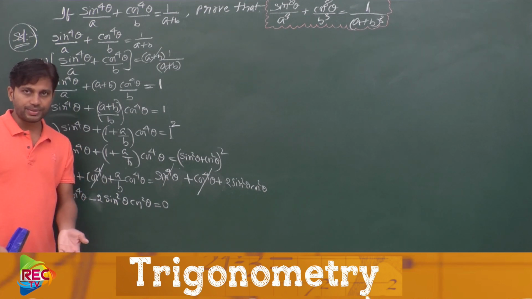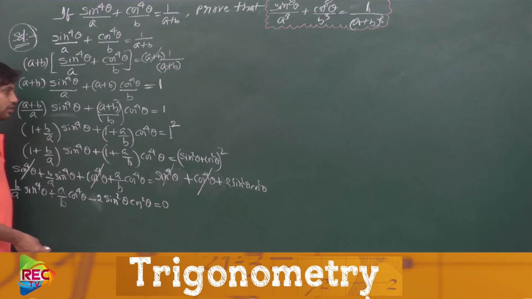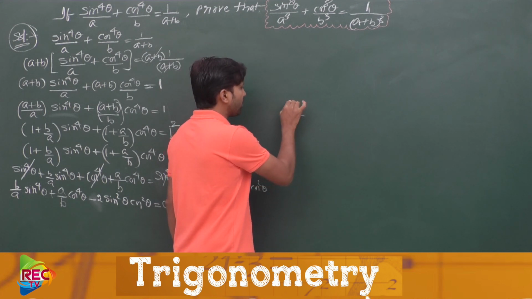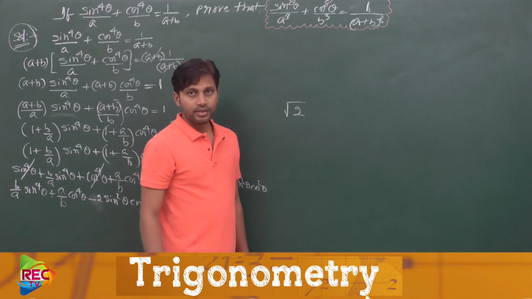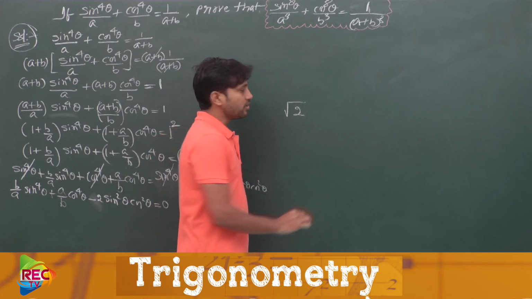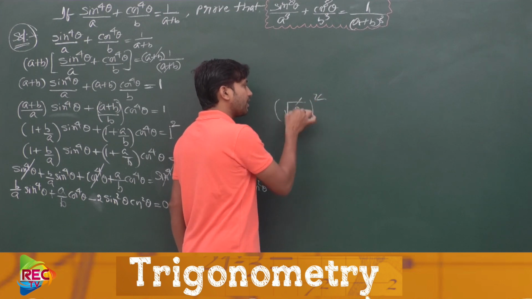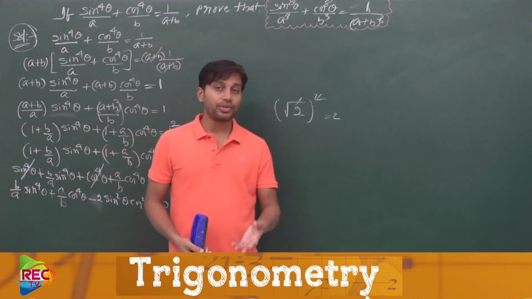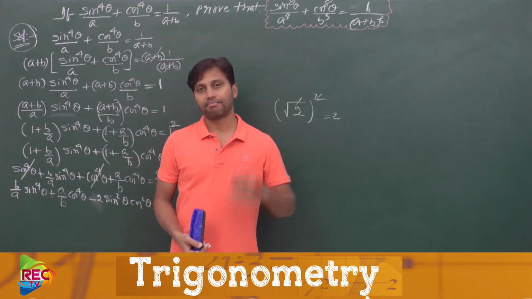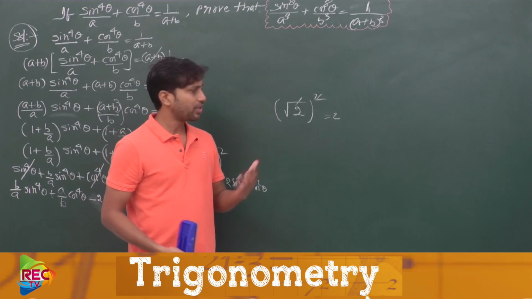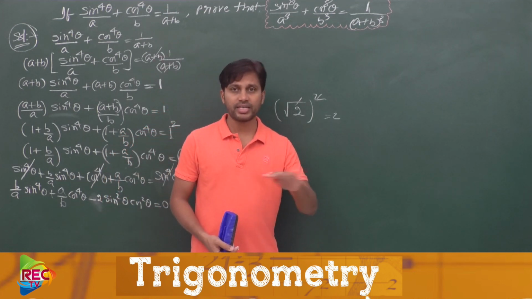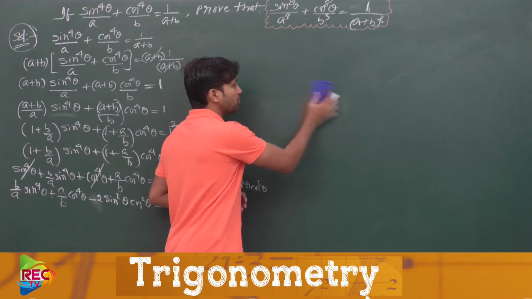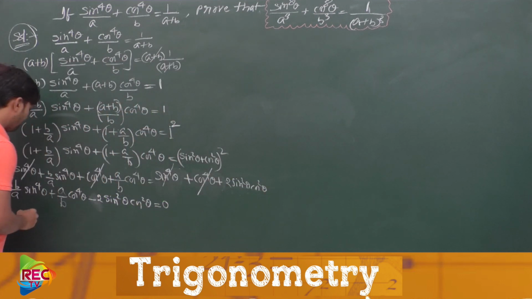Now let us do further adjustment. How can we simplify? Let me tell you one property here. If 2 is given to you and you apply the square root to this, the value will change. In order not to change the value, apply the square also. If you cancel square and square root, 2 will remain. So for any number you can apply square and square root at a time, and the value remains unchanged. Similarly, for our convenience in this problem, I am doing the same thing here.